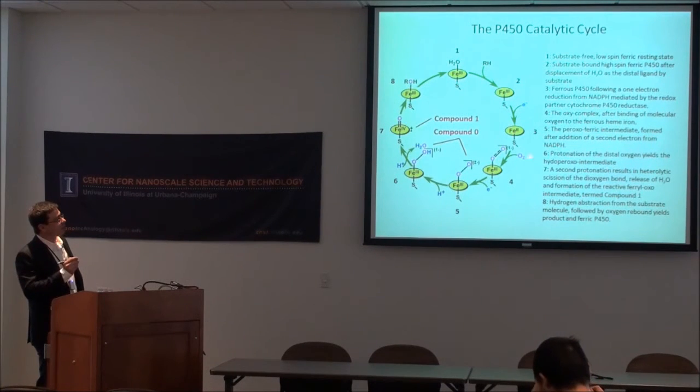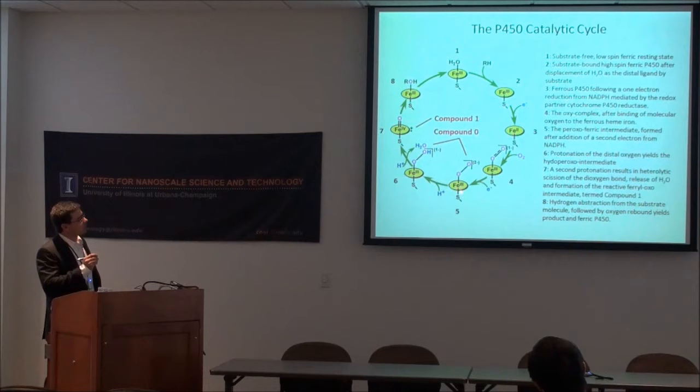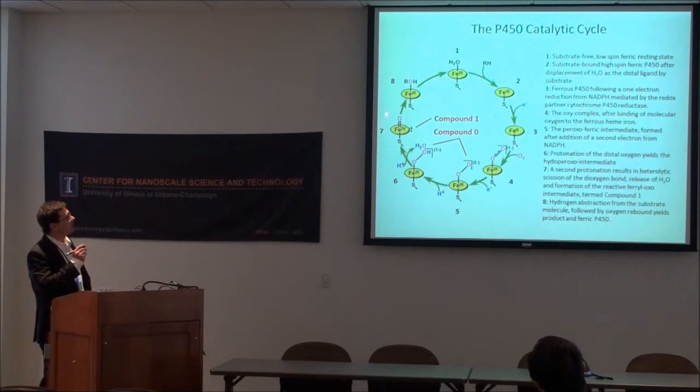Then you combine molecular oxygen here and form the oxy complex. This is the last stable, or quasi-stable, intermediate. Second reduction forms the peroxoanion, and you protonate this to form the hydroperoxo. A second protonation results in heterolytic scission of this dioxygen bond and formation of the archetypal reactive intermediate